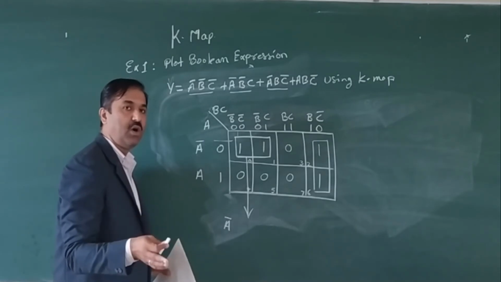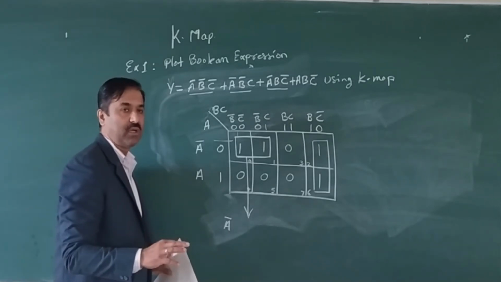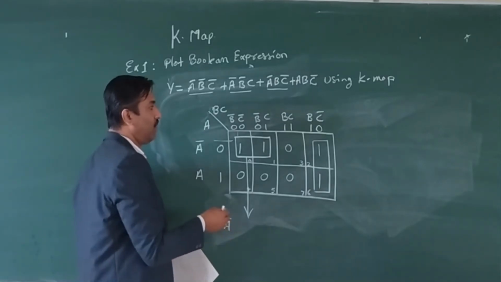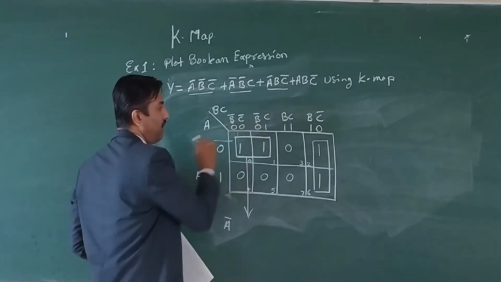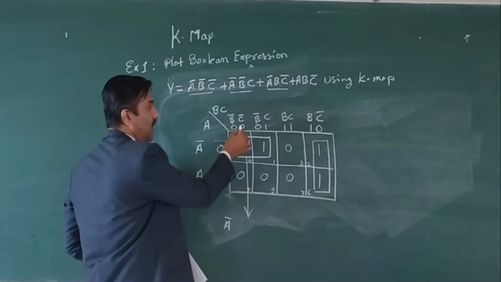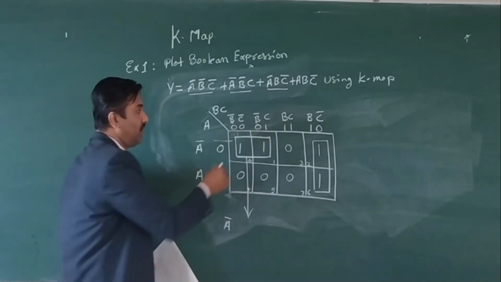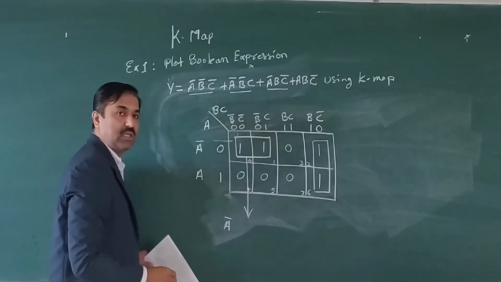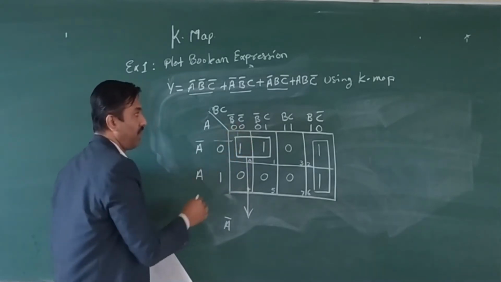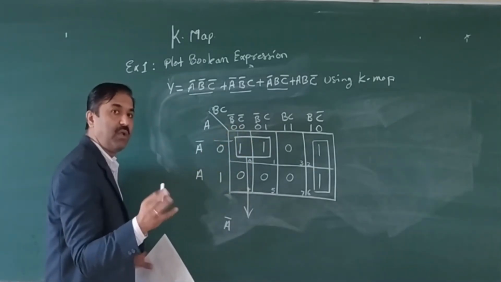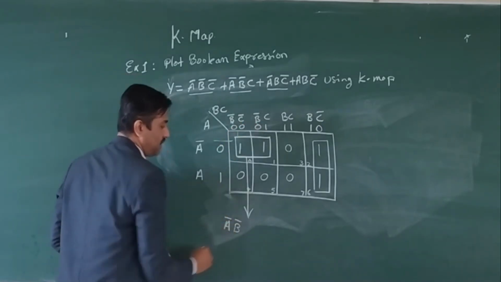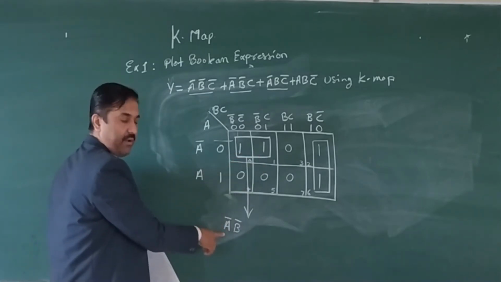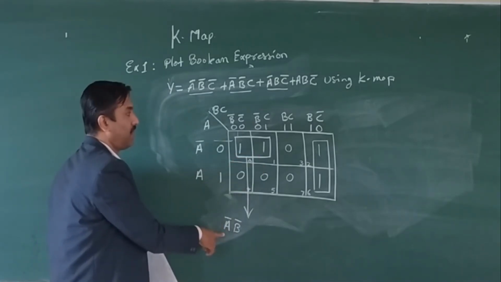Now what I have told in the previous example, find out the variable which is changing or the term which is constant in both the product terms. If you look at the term which is constant, B bar here and here, B bar is constant. The term which is changing is C and C bar. In this term it is C, here it is C bar. So here it is in uncomplemented form, whereas for this one it is in complemented form. So select the variable which is remaining constant. Which is that? B bar. So I will take this as B bar. For this expression we have the simplified one, A bar B bar.